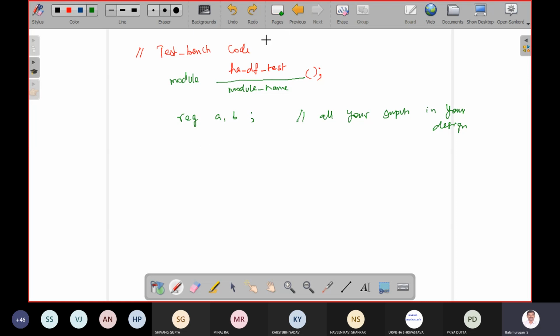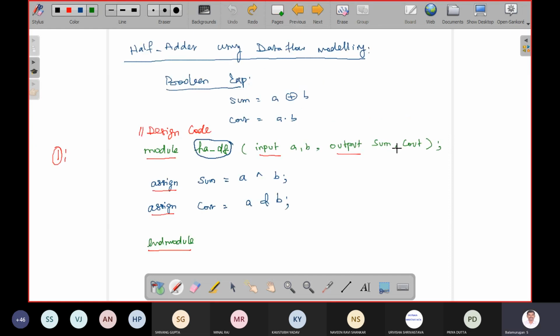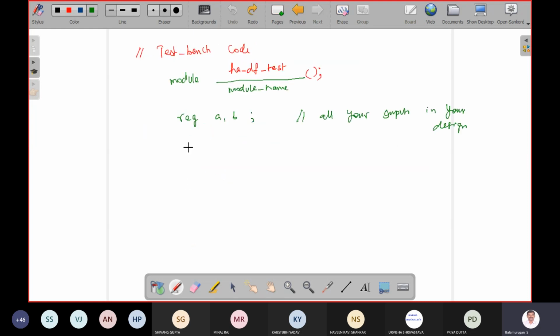Then all your outputs, sum and Cout, are going to be declared as wire: wire sum, Cout.